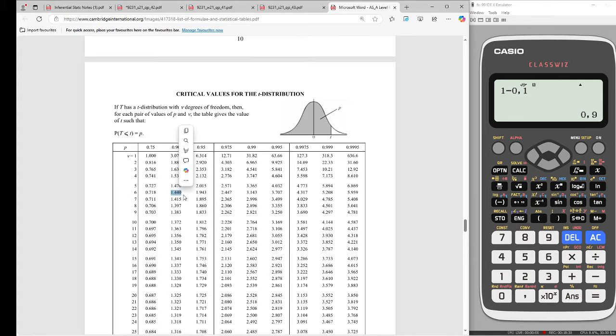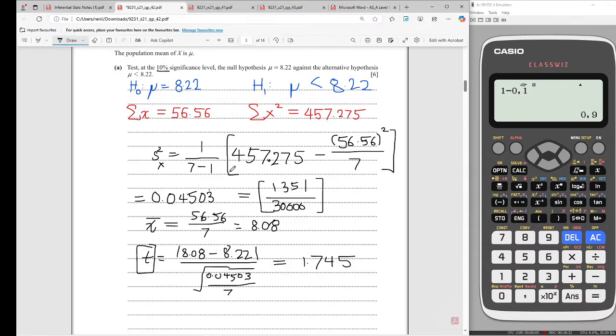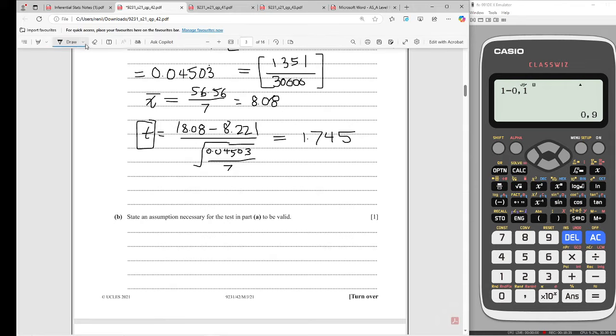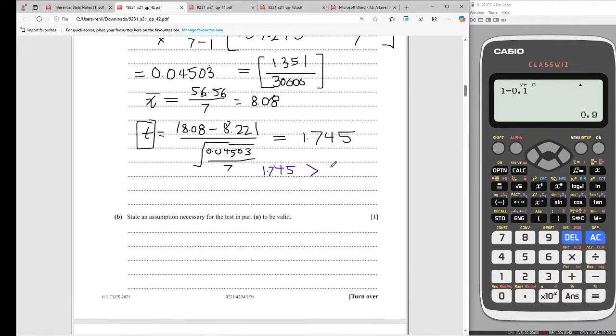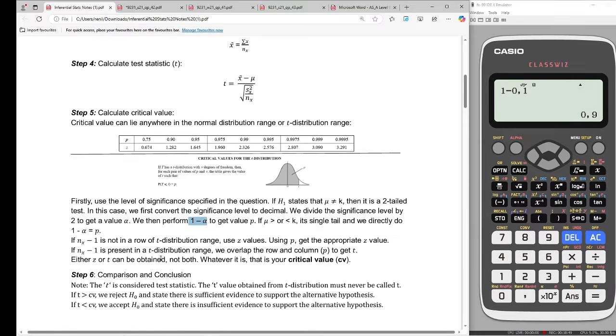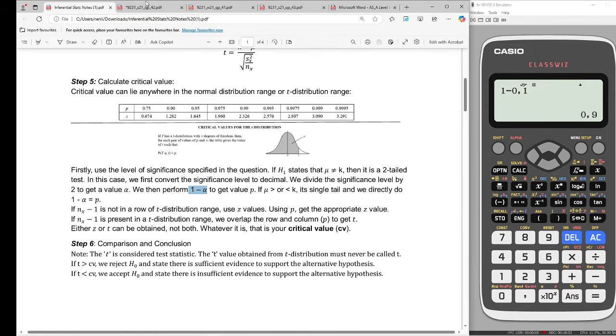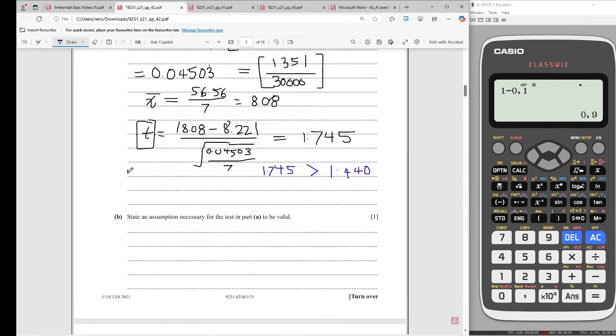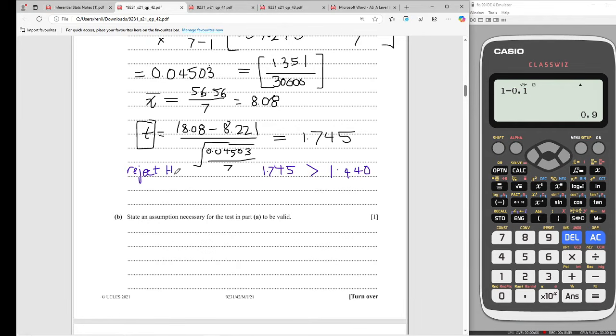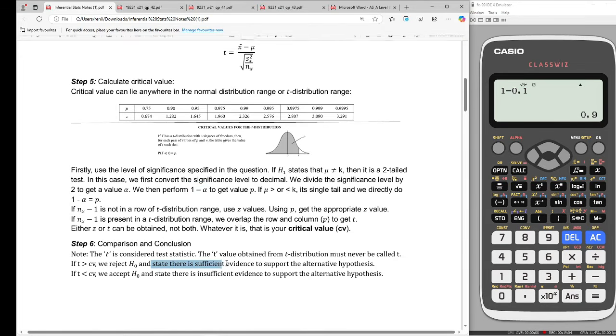So 0.9 with 6 degrees of freedom gives 1.440, which we compare with 1.745. 1.745 is greater than 1.440. So the test statistic is greater than the critical value, which means that we must reject H null. Then we state the conclusion: